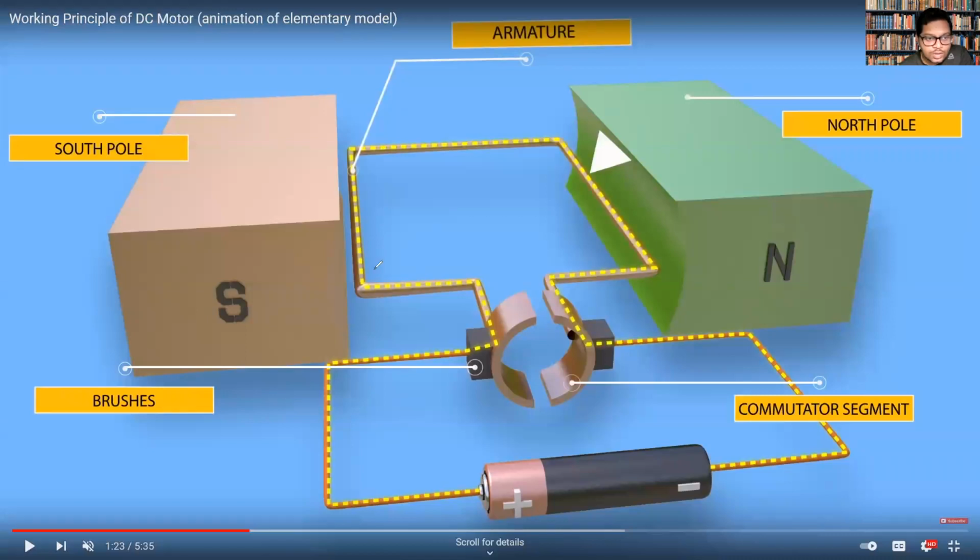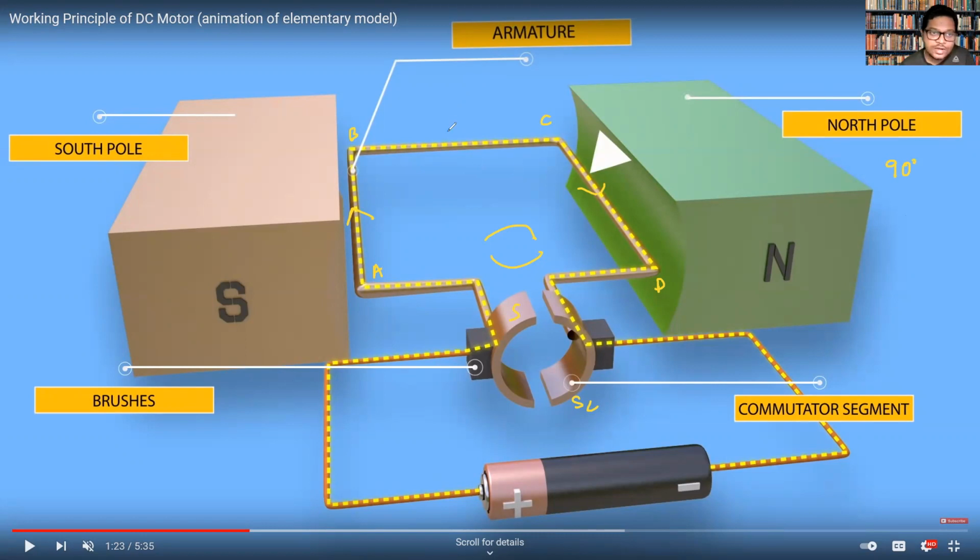You have A, B, C, and D. The current was flowing from A to B, B to C, and C to D. When there was a rotation and the coil became straight, S1 became like this, S2 became like this, and the coil was vertical. I hope you agree with me that this time the rotation is 90 degrees. That means the angle the coil has turned is 90.